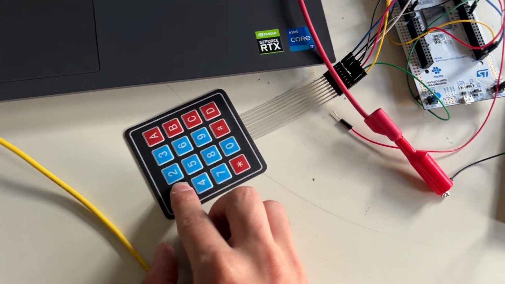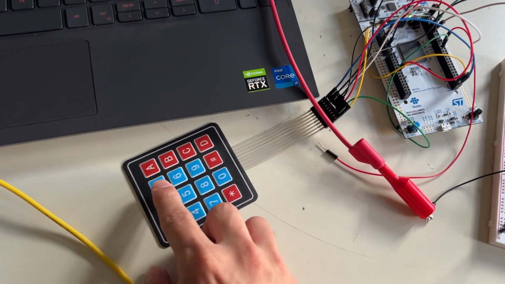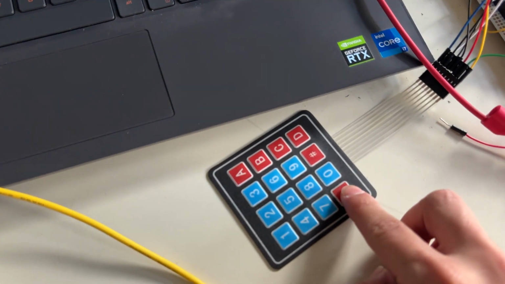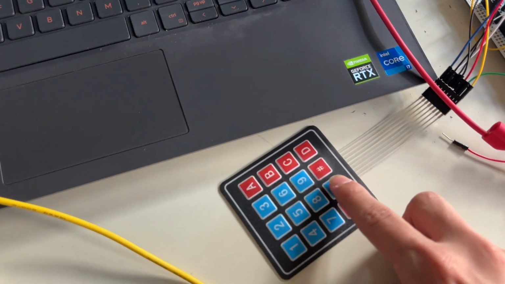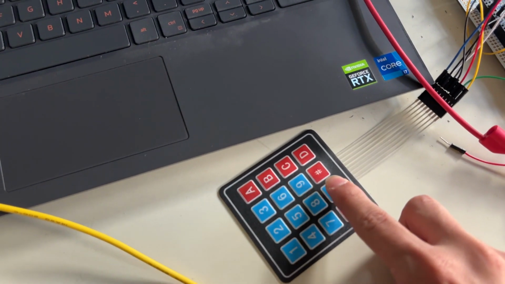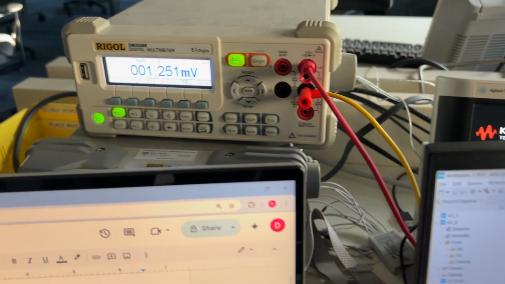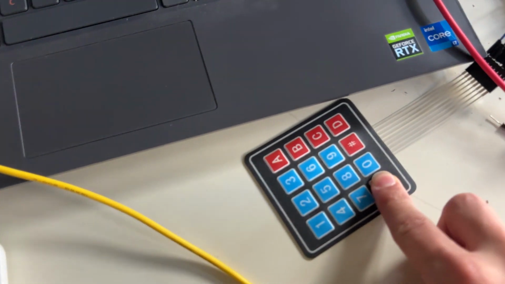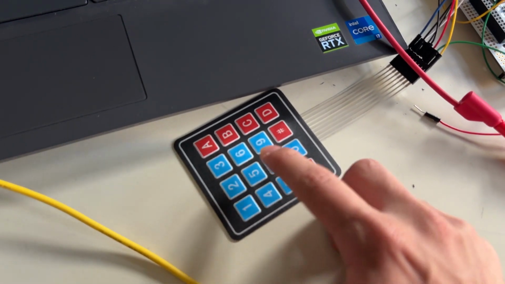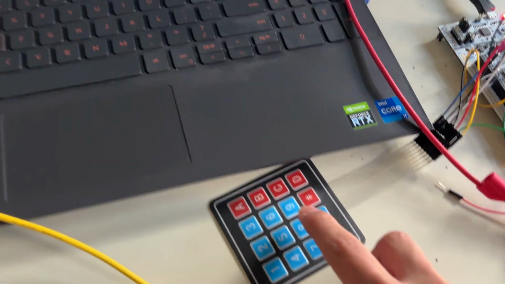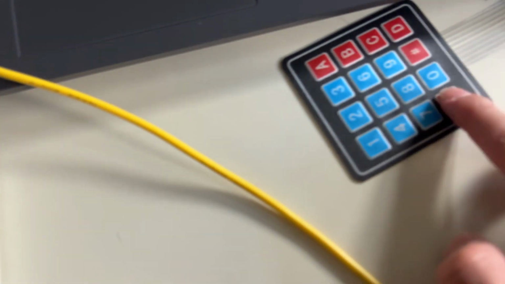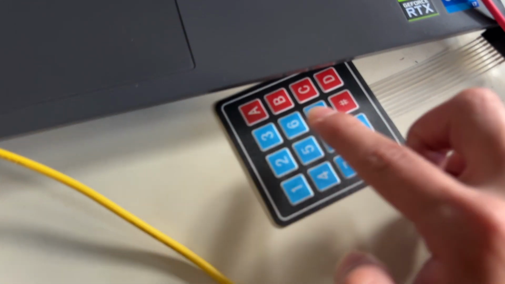The first one is 1.23 volts, and it's outputting 1.23 volts. Then we click reset, and the next case is just 0 volts. And it's outputting about 0 volts. We reset, 2.99, approximately 2.99, 3 volts,